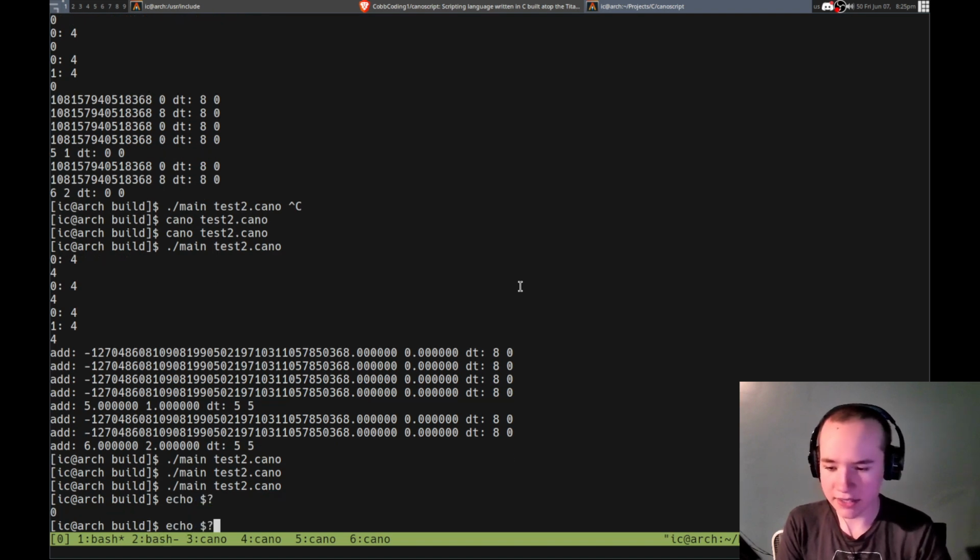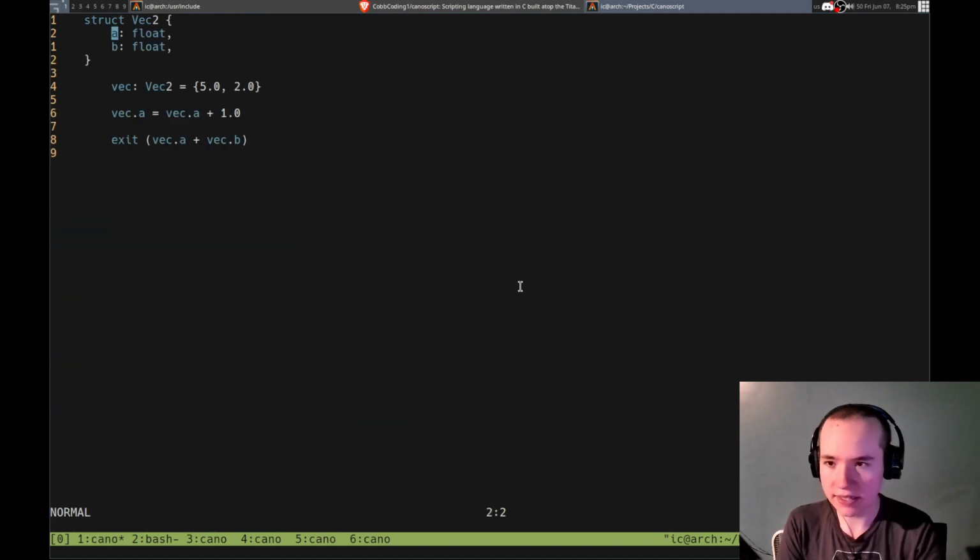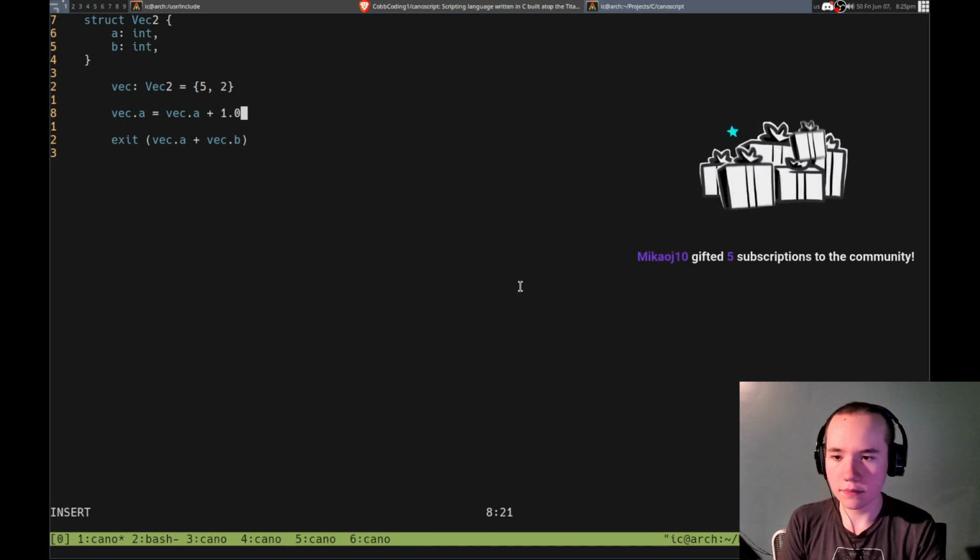I can't really see that word because it's a float, but if I change it, let's go between the different integers. So int, let's do that. Alright, so this is